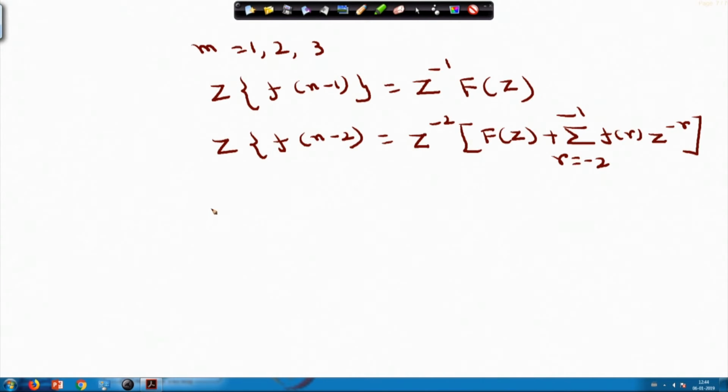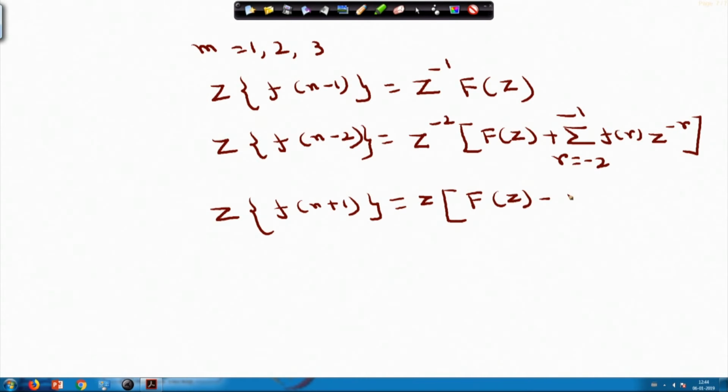And similarly, z transform of f of n plus 1 will be equal to z into capital F of z minus f 0,